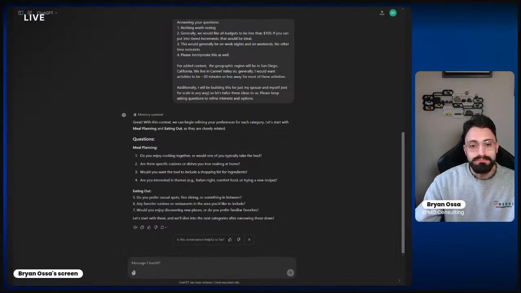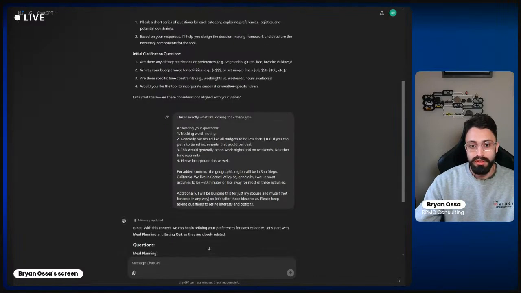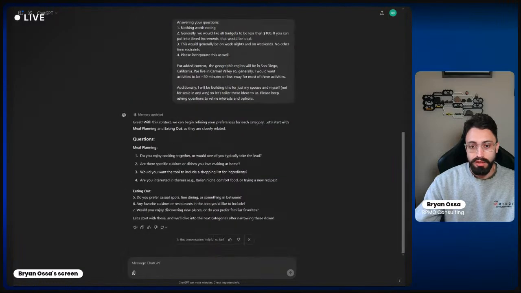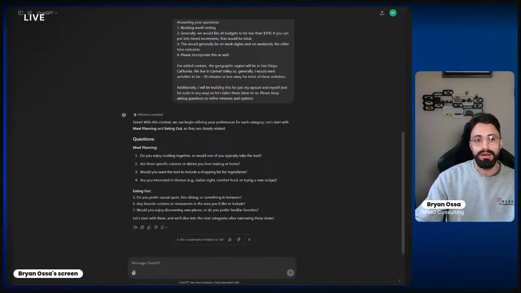And now, bringing that back to this conversation, we've now seen that in this dialogue back and forth, we've gotten some more information. And based off of all of this information, we can continue the conversation. This is something that should be used throughout all of your efforts when you're utilizing these generative AI tools. It's a conversation. Go back and forth. Provide as much context as you can and refine that to the degree that you're able to so that you're able to get the intended output that you're looking for.